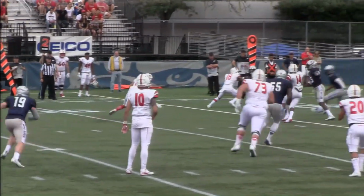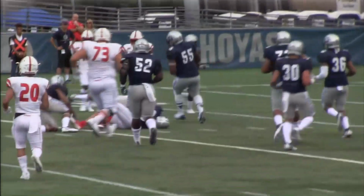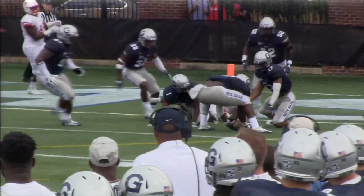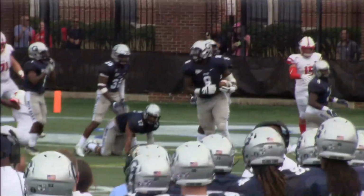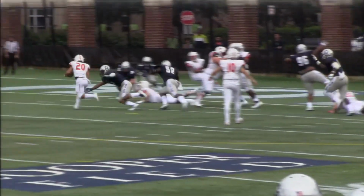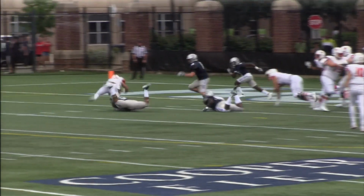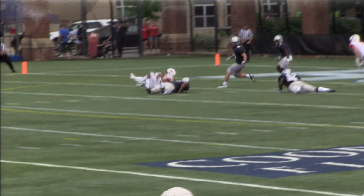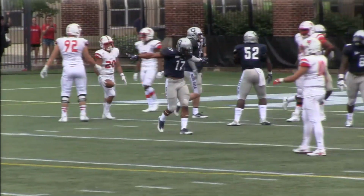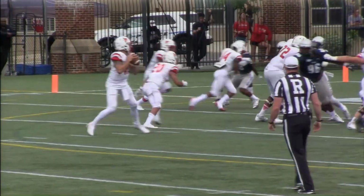Again, just quick passes by White, moving him down the field. Yeah, Mike White's done a great job in this first half right now, just taking what the defense gives him, getting rid of the football, getting it out of his hands quickly, and getting it to his playmakers on the edges. That one down by contact. Eventually, we would see the Hoyas make a big play there, but a penalty would nullify it. A couple plays later, would give Marist another shot, and eventually they would find their way into the end zone as David Shannon